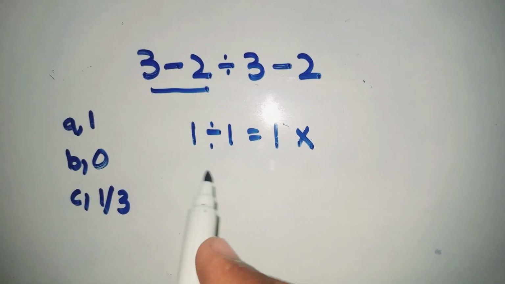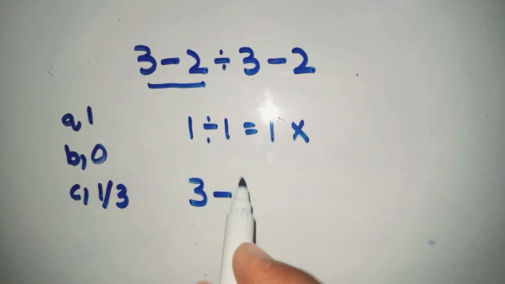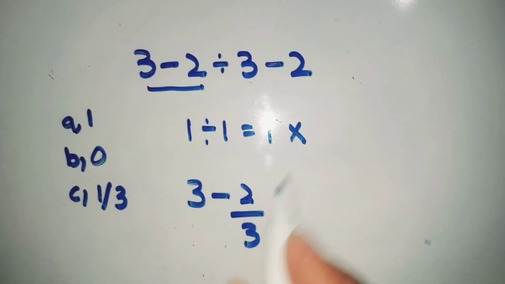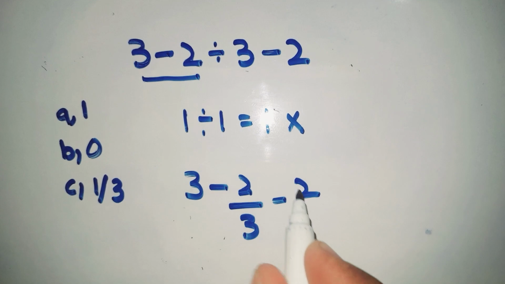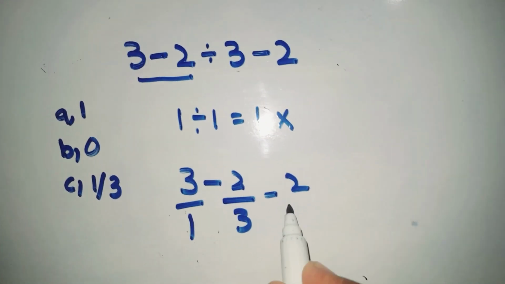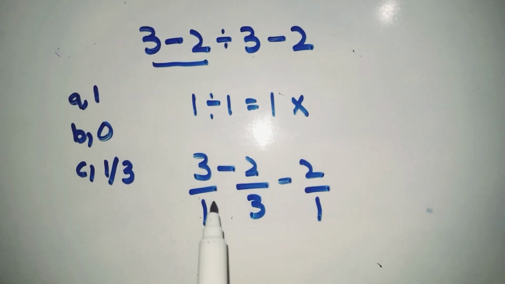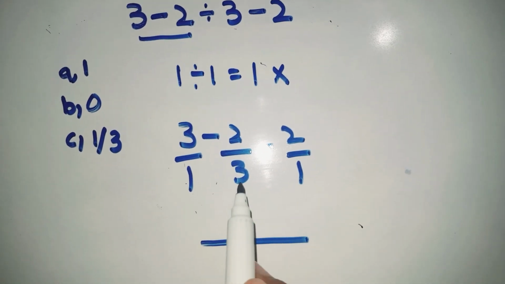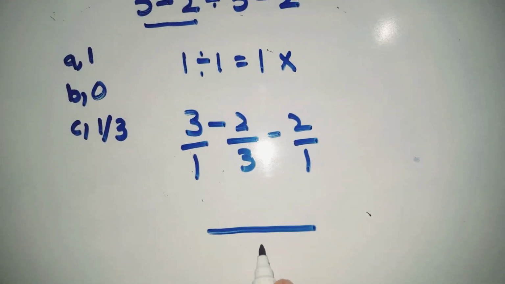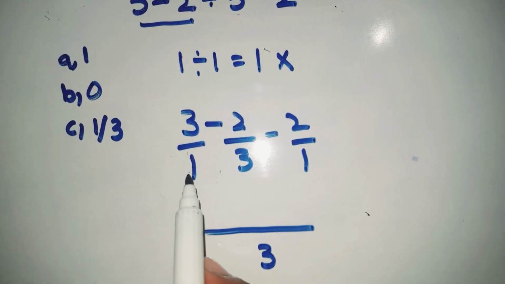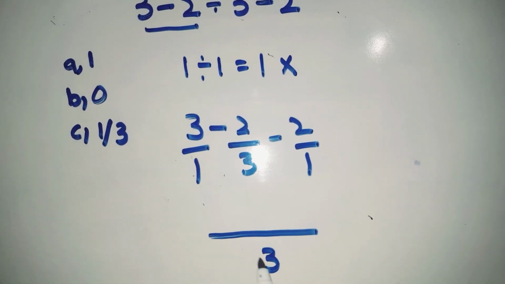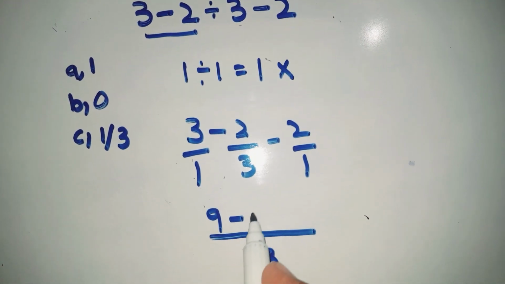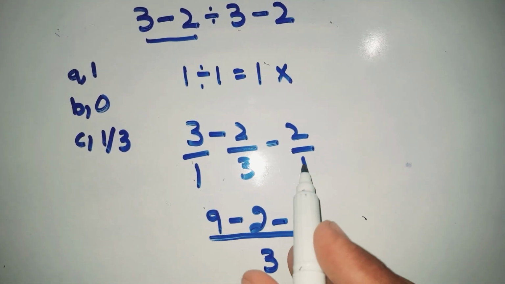The correct method is that we write 3 minus 2 divided by 3, we write this as this, and minus 2. Now here is subtraction in fractions, so we use the LCM of the denominators. So first of all, we write LCM of 1, 3 and 1 is equal to 3. So now 1 times 3 is 3 multiplied by 3 is equal to 9, minus here 2 and minus here